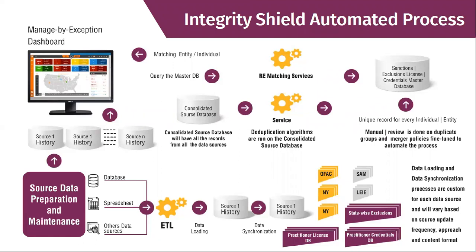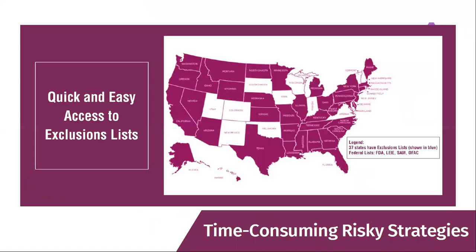Visually, this is a graphic around how this all works, but basically we have our source databases behind the scenes, whether it be the SAM, the LEIE, the OFAC, and then we also have practitioner databases and statewide exclusion lists. Our systems have a process of going in and checking that source data daily and then matching them up to your provider ecosystem. And there's a number of ways in which we do that. We've automated with a number of our partners where we're getting daily feeds of all of their providers, their new hires, their practitioners, and we're updating that and then matching that up to the list.